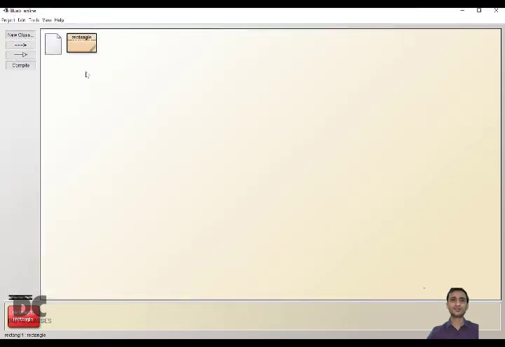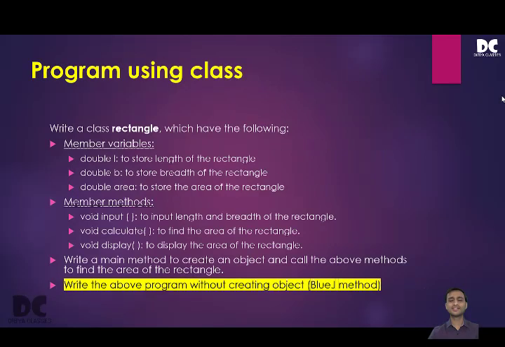Clear? Very easy. If you can see, everything is written in the question. What are the variables you need to take? What are the functions you need to take? Do you need to create an object or not? What is the use of each function and variable? Everything is written. The only thing is you have to know the syntax and write it in a proper way in the form of a Java program. And the easiest thing is the variable description. Here the variable description is already written. You just have to copy paste.